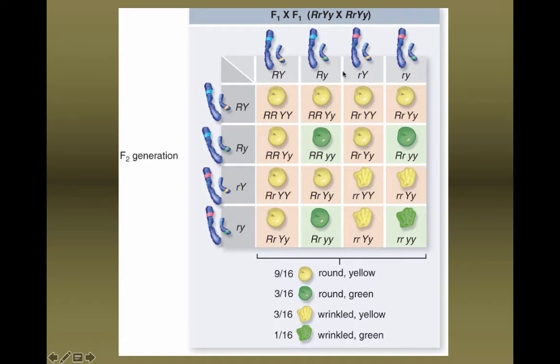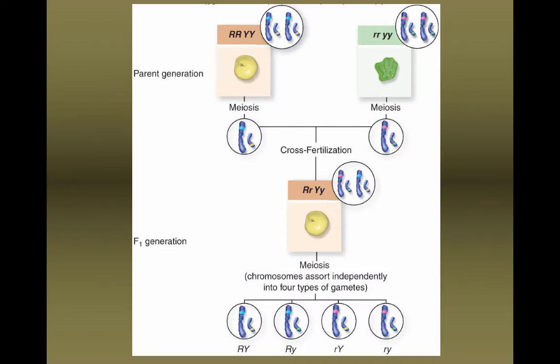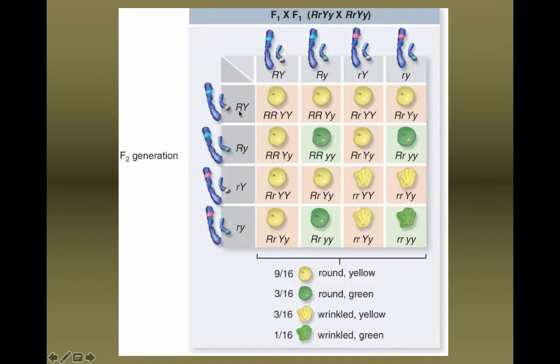These combinations here across the top and along the sides are the gametes from the two parents, just like on that previous slide. Remember, big R, big Y, big R, little y, little r, big Y, little r, little y. Same thing here from parent 1, same thing here from parent 2. All right, so if this gamete, we'll say this is the male parent over here, and this is the female across the top. So if this sperm cell fertilizes that egg cell, then the zygote will be big R, big